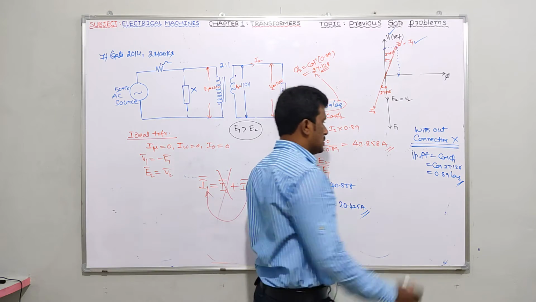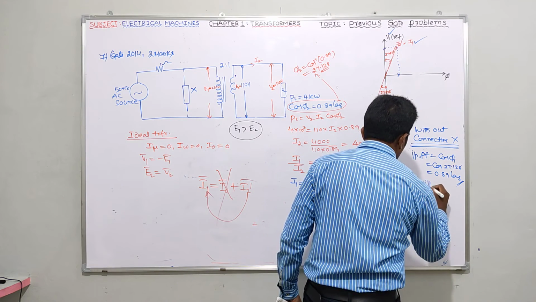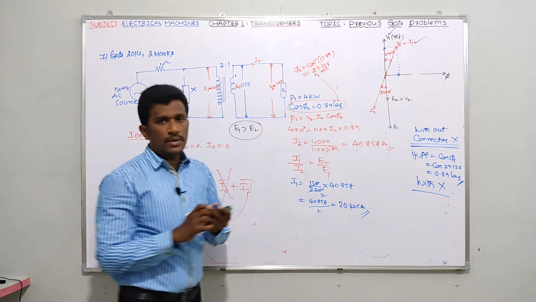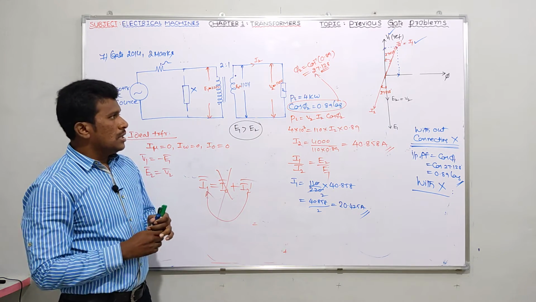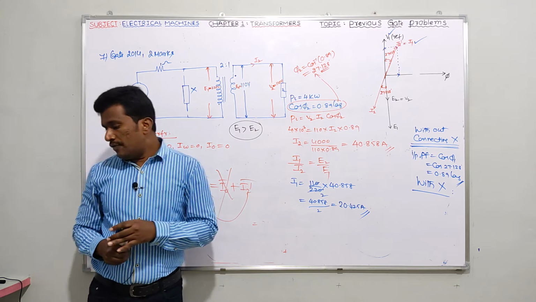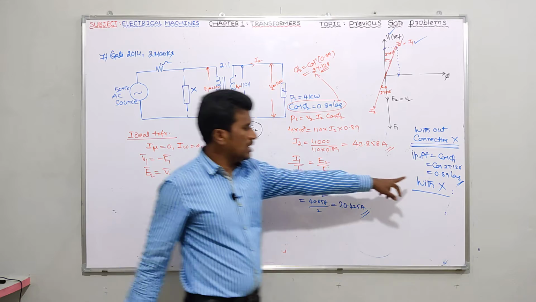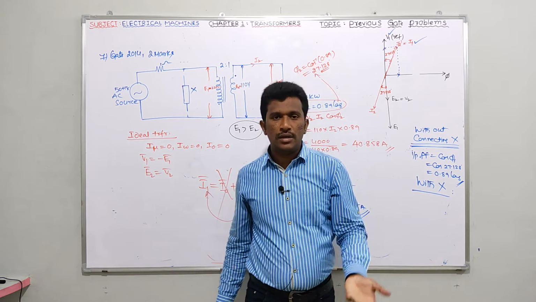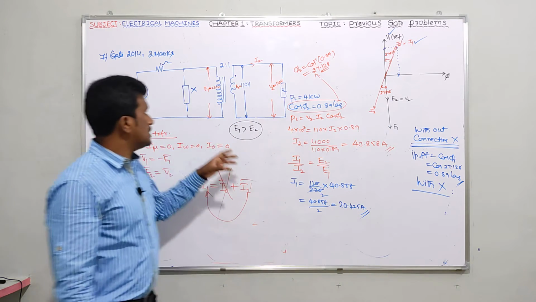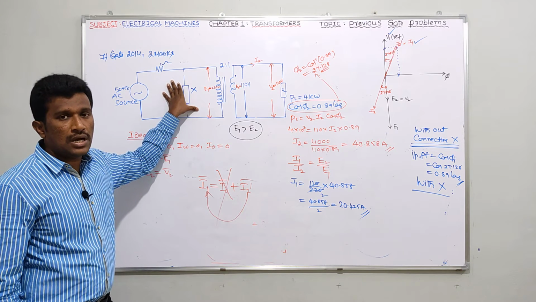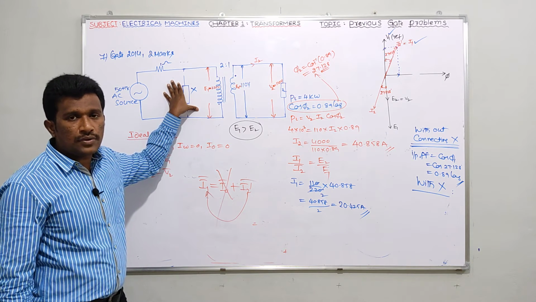Now my question here is with reactance. Suppose I connect a reactance here. So tell me, guys, it's common sense. I'm asking a simple question. If I want to improve the input power factor from one value, for example 0.89, to unity power factor, tell me what reactance I need to connect here. Which type of reactance do I have to connect here? Is it capacitive reactance or inductive reactance?